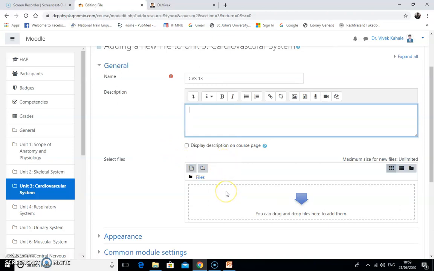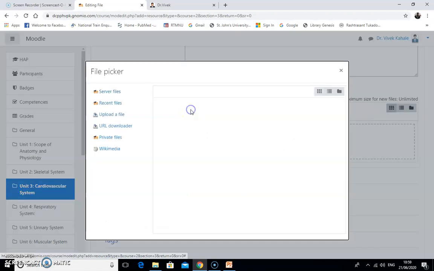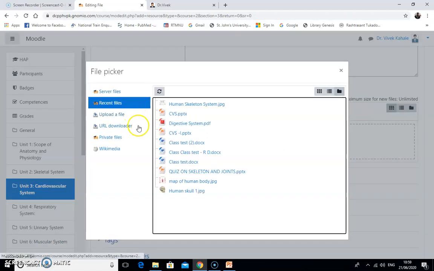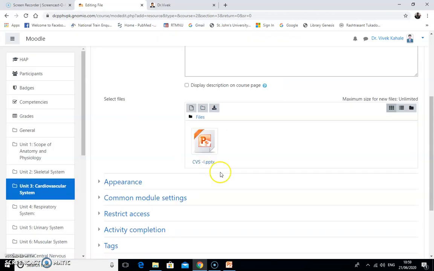displayed in the units. Then you have to click on to add file, upload the file from your computer, or you can directly browse it from your folders on the computer. Here is the availability of one of the files. Click on to that file, select the file, and here you can see that there is an attachment of the file as a resource material for the student.